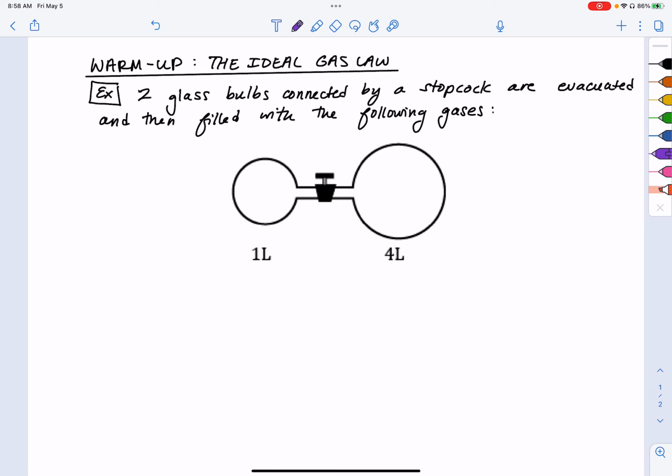This states that we have two glass bulbs that are connected via a stopcock, meaning that we can close the bulbs off from one another, or we can open the stopcock and then allow these bulbs to interchange particles freely. So we have these two glass bulbs, the volumes of which are known, and they are filled with the following gases. So let's say that we have hydrogen gas